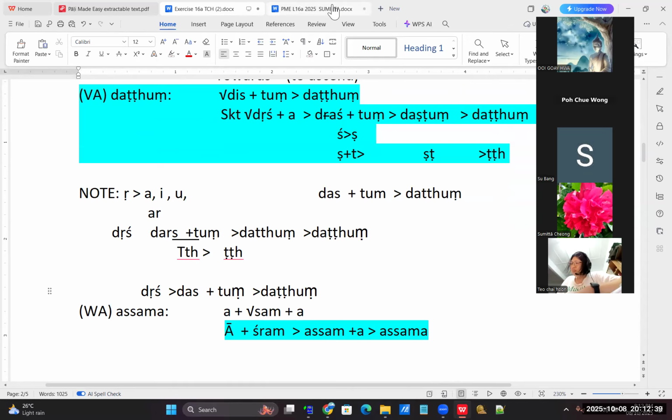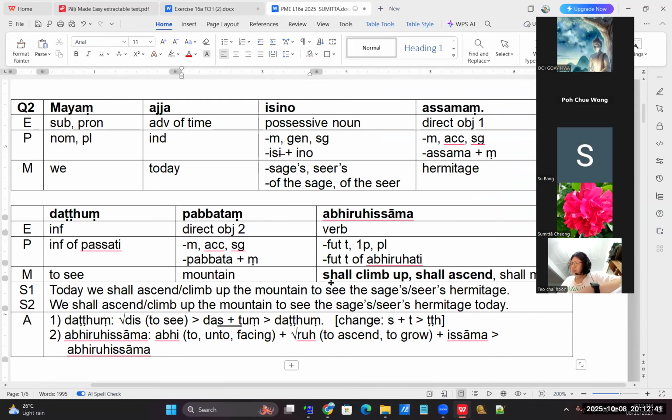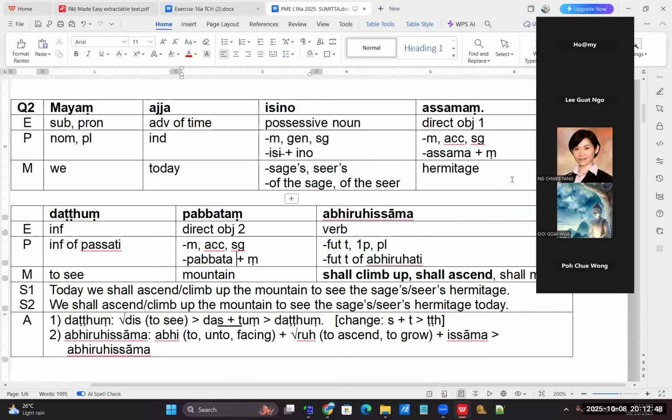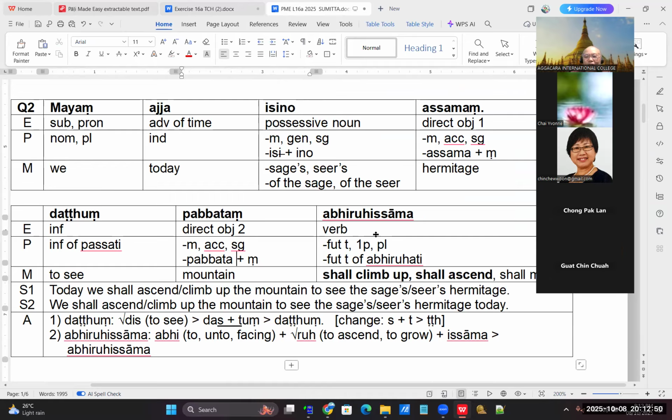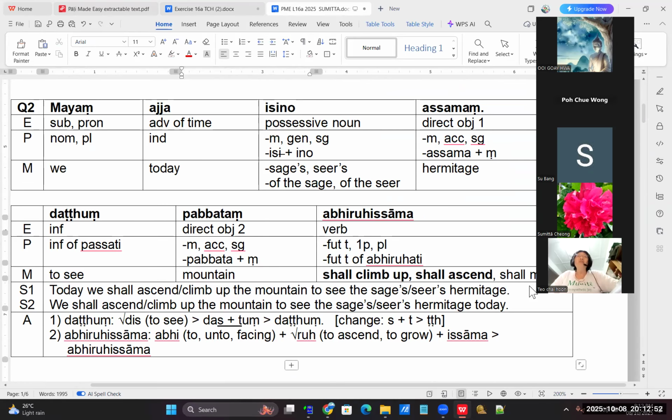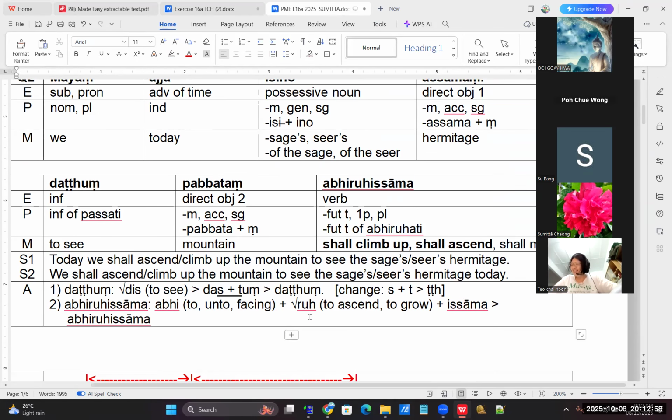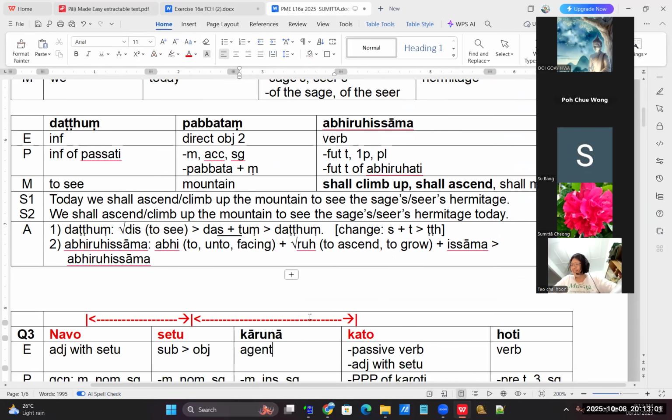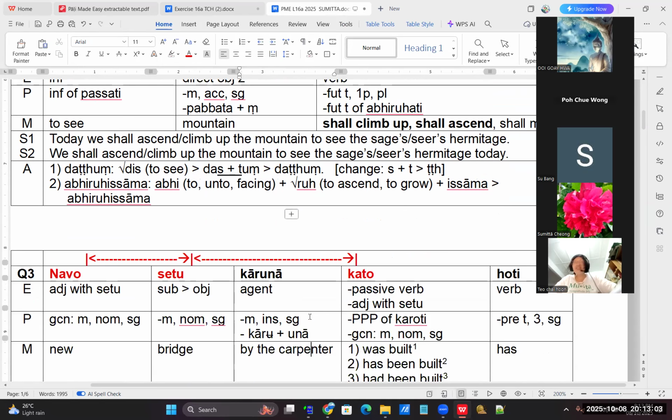Okay, so let's continue. I think this is quite clear. Actually, lesson 16 is easier than lesson 15. Do you know that? That's why lesson 15 is all the way to the top of the mountain for the basic class. That's why for the previous class, we went up to lesson 15. But for your class, since your speed is slower, I only stop at lesson 14. But in between, we go for more sutta.